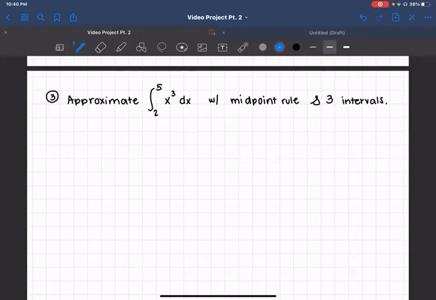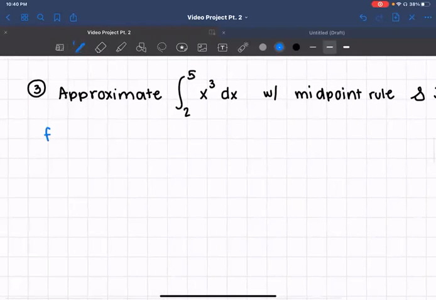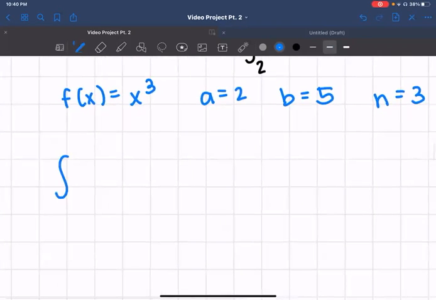Okay, so number 3 is going to be to approximate the integral of 2 to 5 x cubed dx with the midpoint rule and with 3 intervals. So our f of x is going to be x cubed, our a is going to equal 2, b equals 5, and our n is equal to 3 for the 3 intervals. And then the basic formula that we're using is the integral from a to b of f of x dx